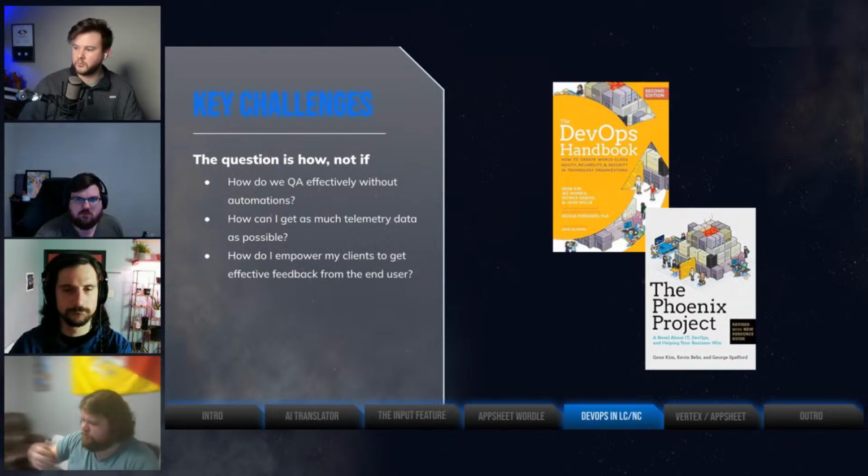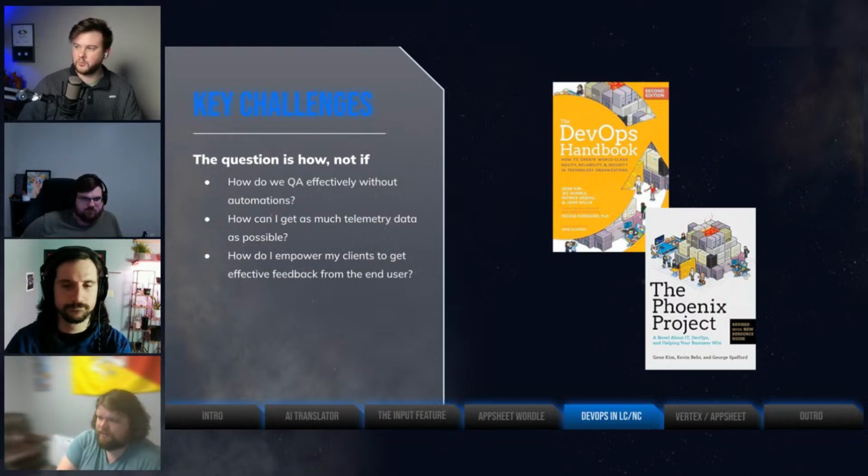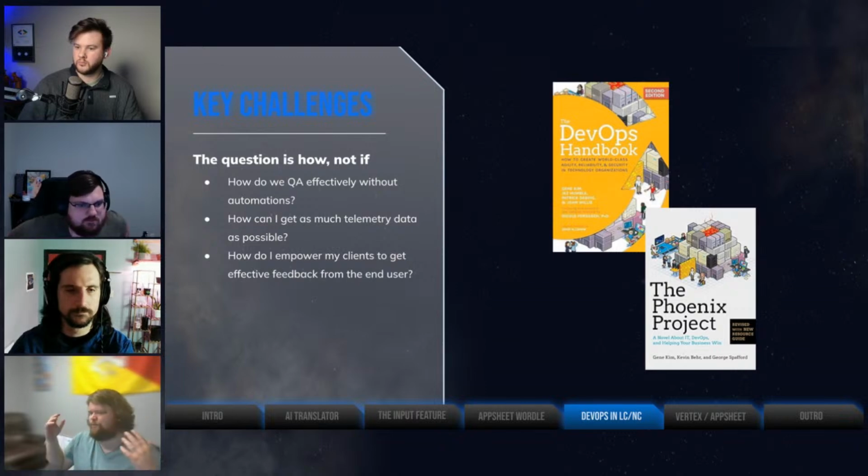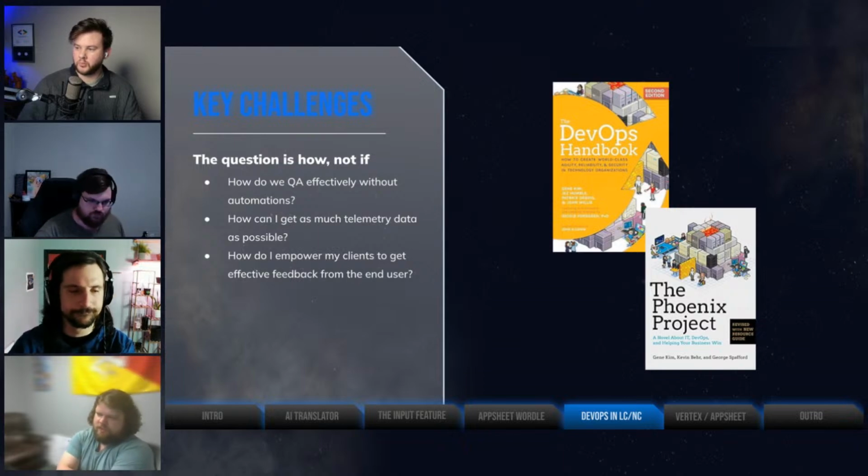So these are two of the books I've read so far that really reshaped this, and I definitely recommend everyone go and check them out. The Phoenix Project is actually a novel, so it's a pretty easy read. The DevOps Handbook is not a novel and is pretty dense. As I go into these, I'm asking the question, what can I apply? Not, oh, I can't do that. And it's really changed the way I'm approaching our DevOps process in the scope of